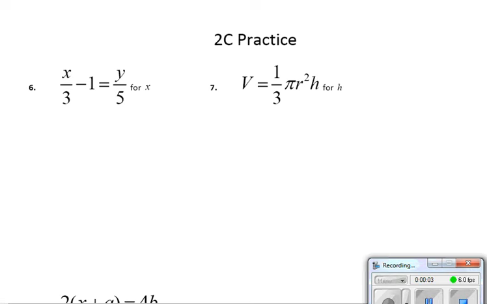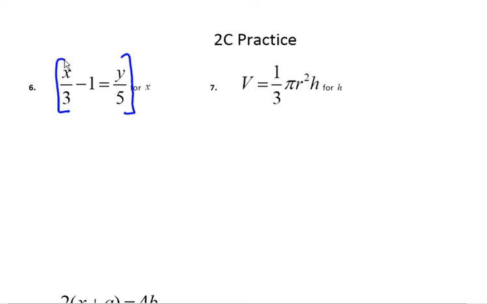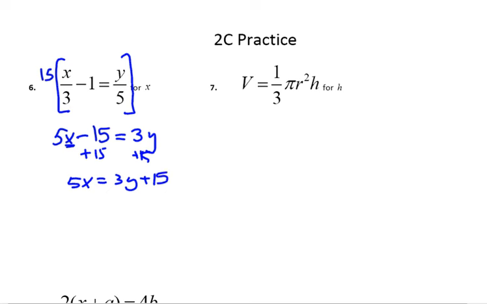I'm going to work a couple of these practice problems that had fractions in them. So number 6, I want to eliminate my fraction by multiplying 3 by 15, and that's going to give me 5x minus 15 is equal to 3y. Now, since I'm solving for x, the most loosely attached is the 15. So I'm going to add the 15 to both sides, and I'm going to get 5x is equal to 3y plus 15, and then I'll end up dividing by 5 and get that x is equal to 3y plus